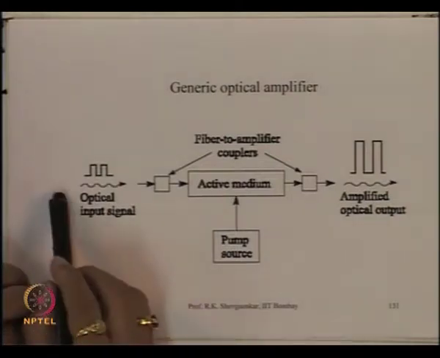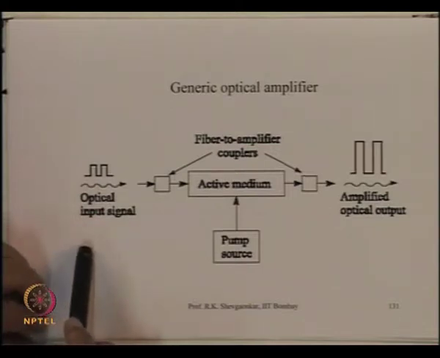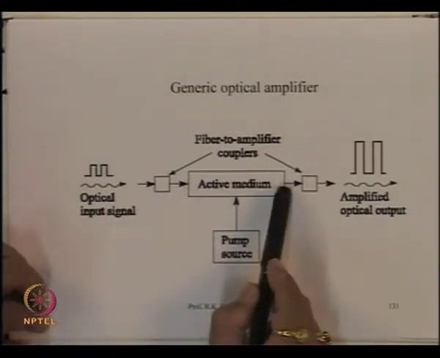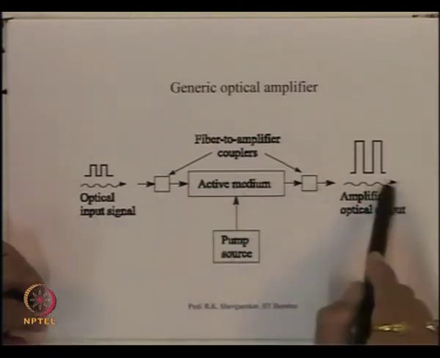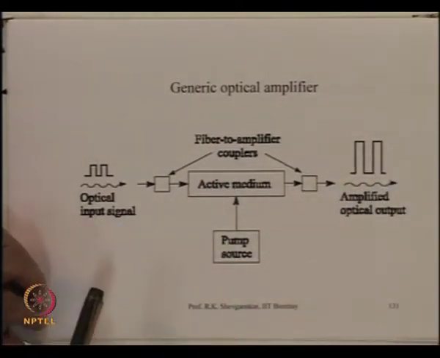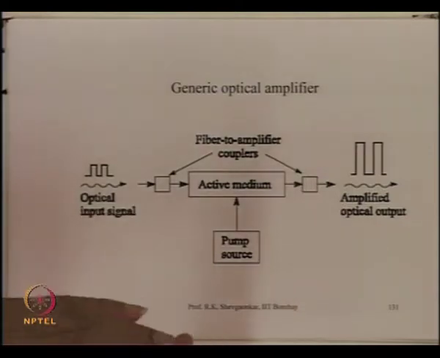So we have this optical input signal which is coming, it gets coupled to this active medium. When it propagates inside this, the pump power gets transferred to the signal power and the signal comes out in an amplified form. So that is the basic requirement which we have inside an optical amplifier. So an active medium, a pump source and a coupling device which can couple the optical fiber to this device